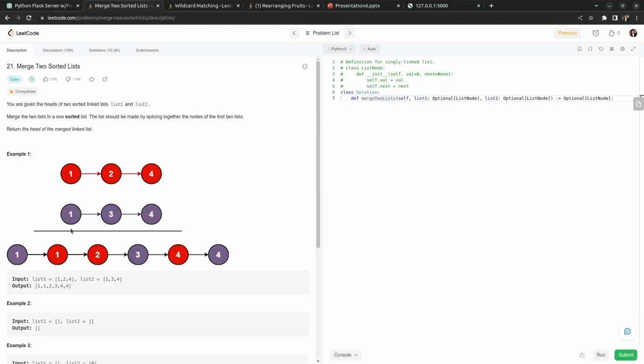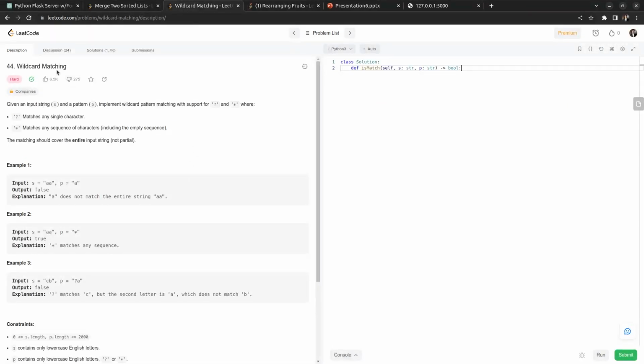We can use the two-pointer approach in order to solve this. So this is like an easy question. We will first give this question to ChatGPT and see whether it is able to generate the response or not, in the sense of the correct code or not. And then we will ask ChatGPT